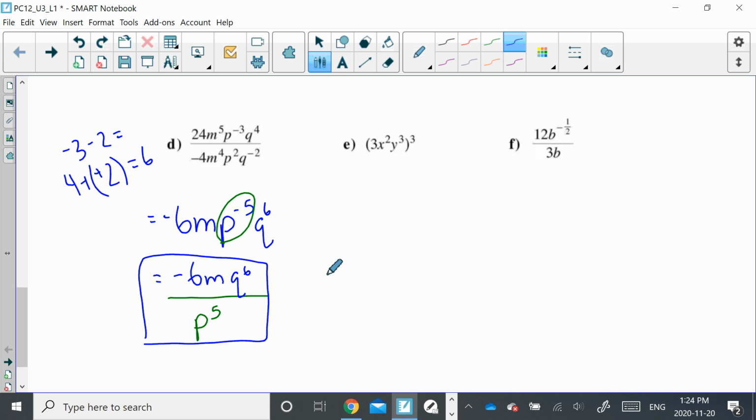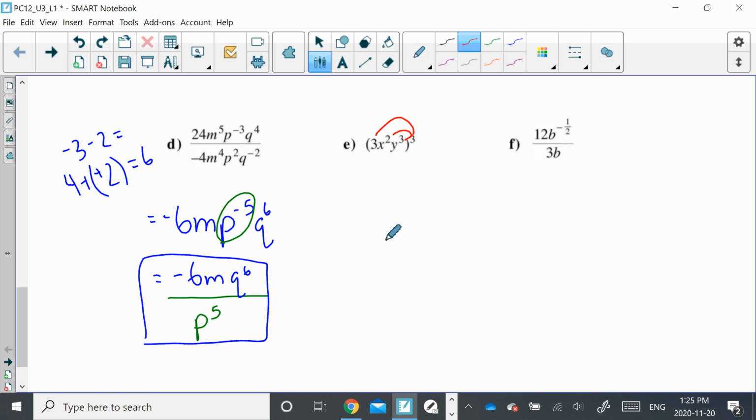And that would be your answer for this expression simplified. Okay, here is a power to a power. So that 3, remember, there's no additions or subtractions in here, so I could distribute 3 to anywhere in this